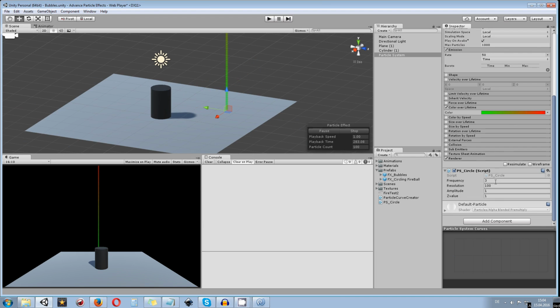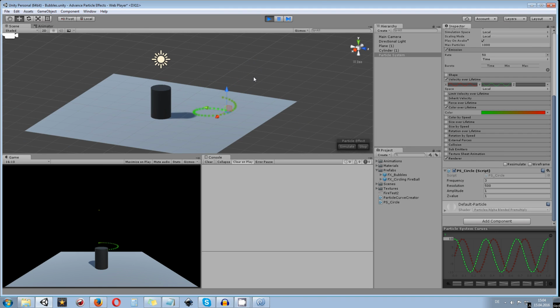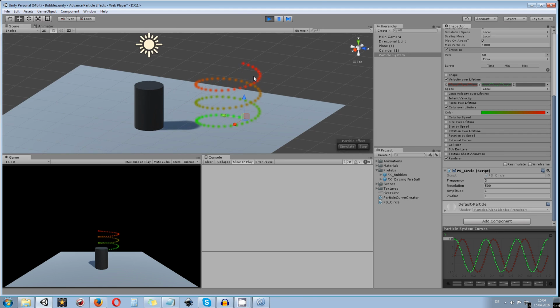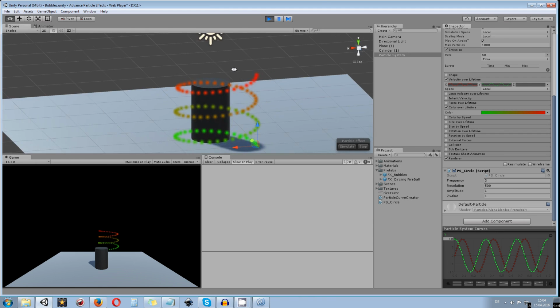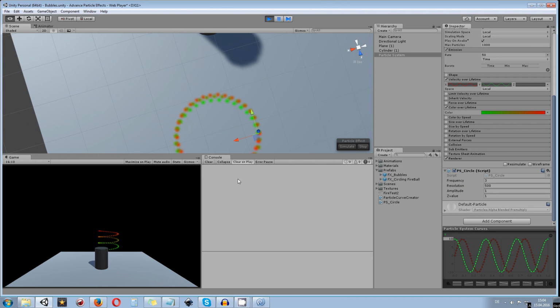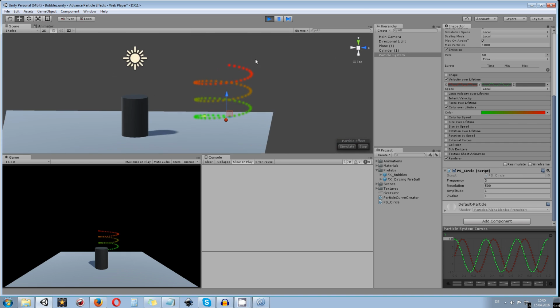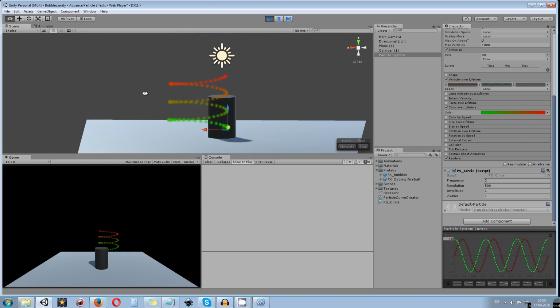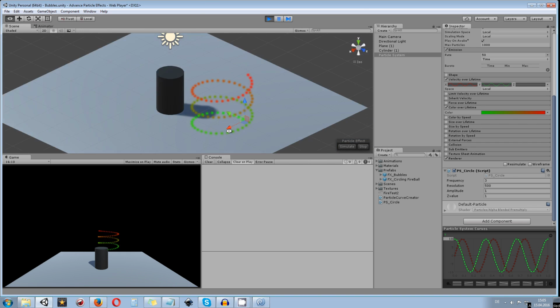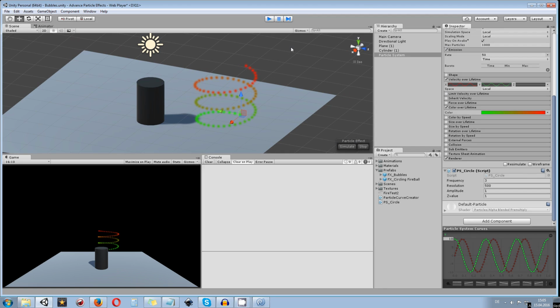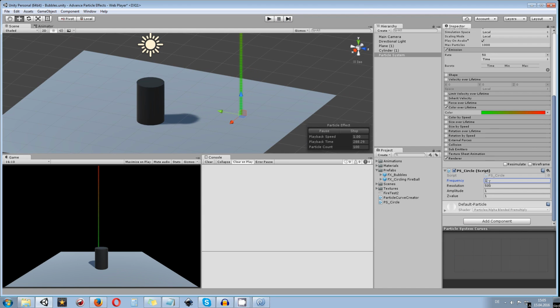I don't know why it's wobbling so much. Let me just go over and increase that to 500. Maybe there's some issue. I don't know. But for the basics, it's going to be pretty much okay, I believe. So what you have right now is a helix you can create with that, a circle you can create with that, and